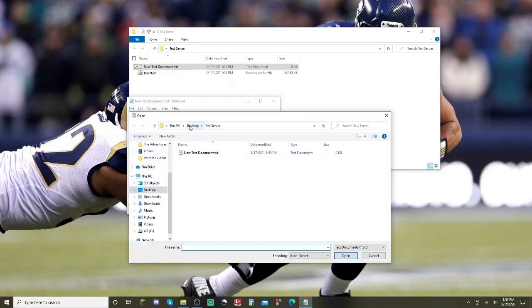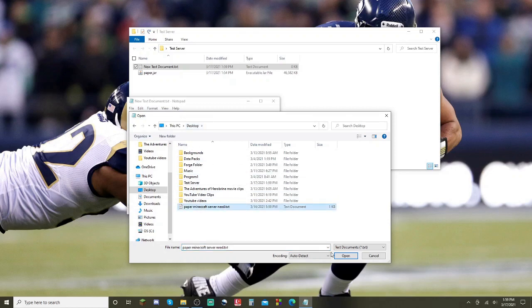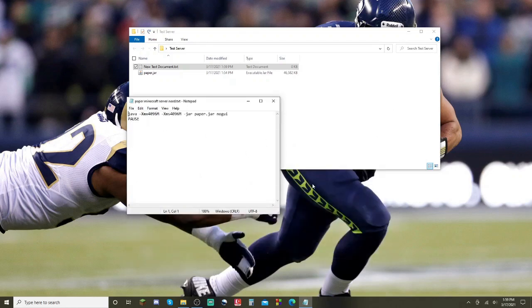Where is it? Desktop. There it is. So I just have this here for ease of use whenever I'm making a server, but there it is. So I'm going to leave this in the description below so you guys can just copy and paste it. Now you see I want my server to have 4 gigabytes of RAM right now. I'll leave the links of it for 1 gigabyte of RAM, which would be